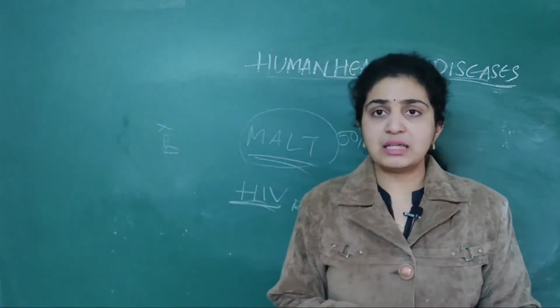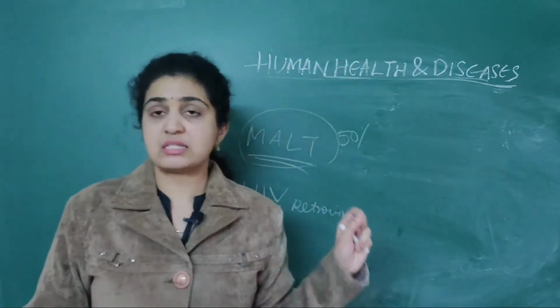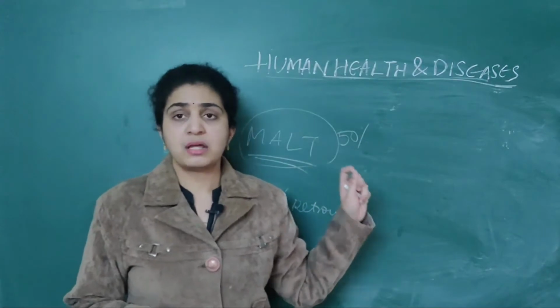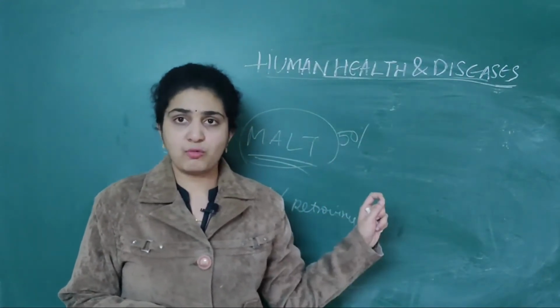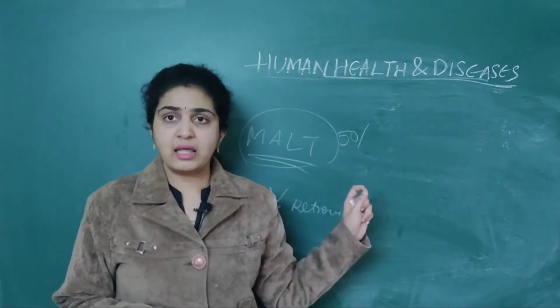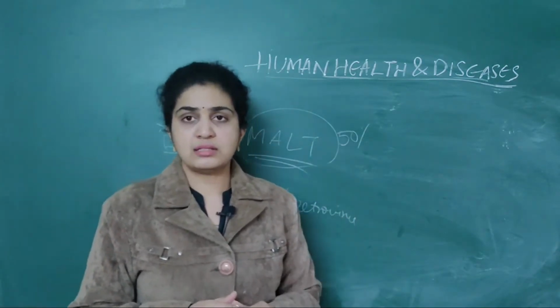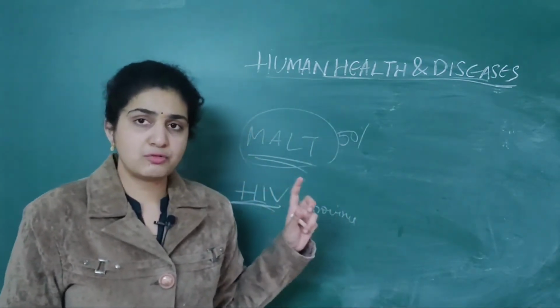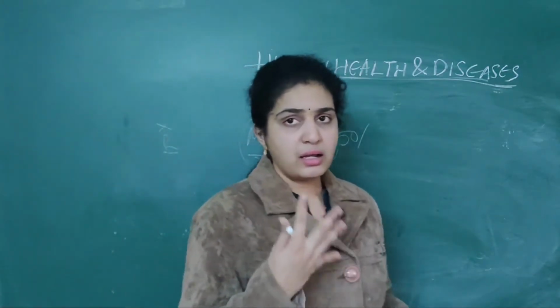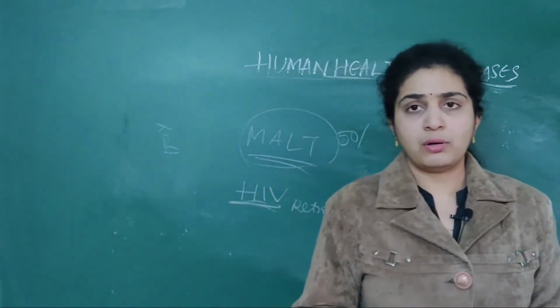And the important point you should remember, everyone will think that HIV or AIDS is caused by a DNA virus, but that is the wrong concept. It is caused by an RNA virus. So the RNA will first get introduced into the cells. I'll tell you the mechanism, but for now you remember RNA plays a very important role.